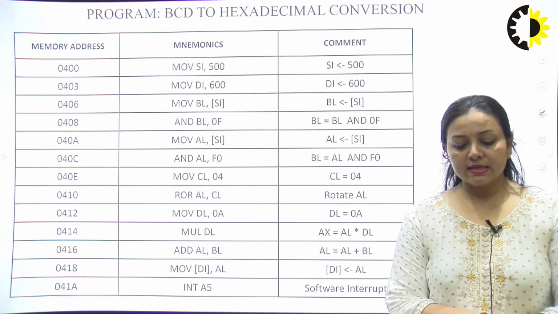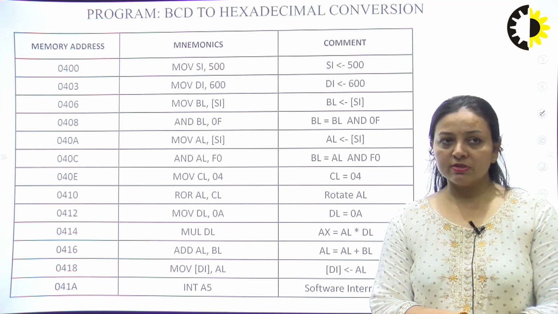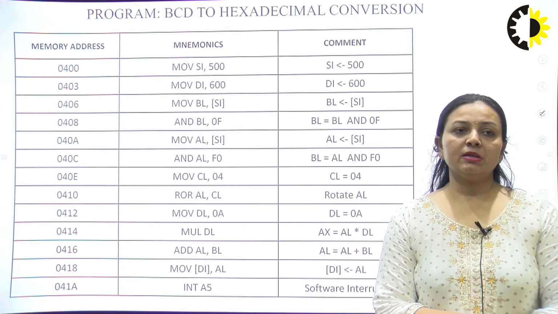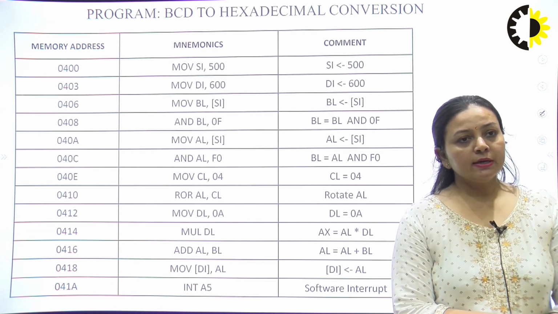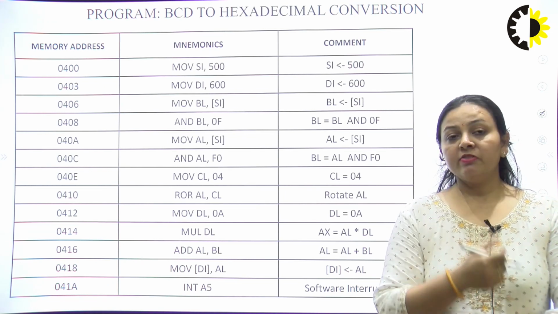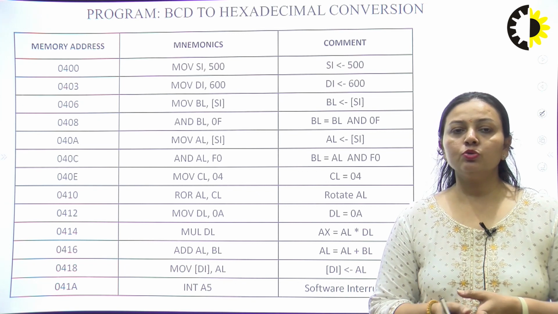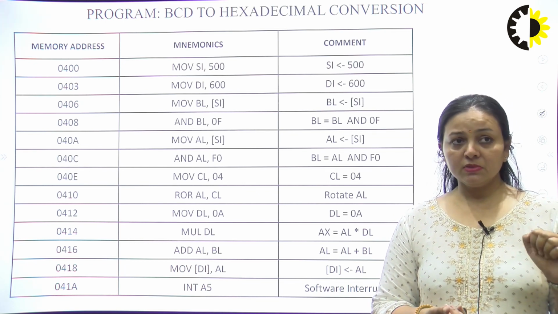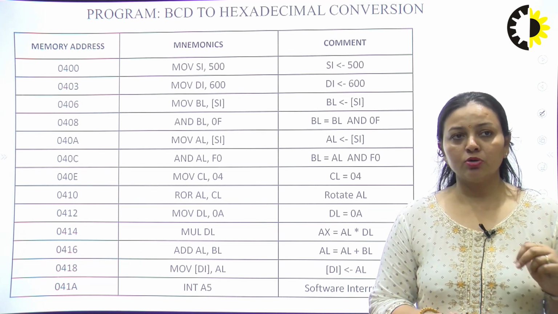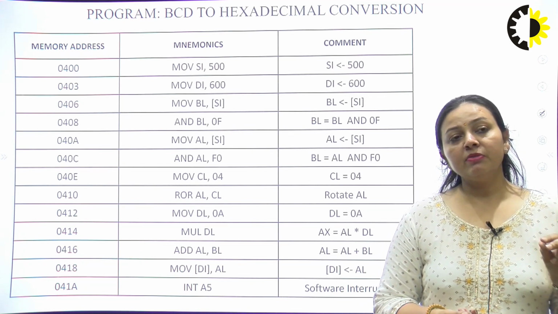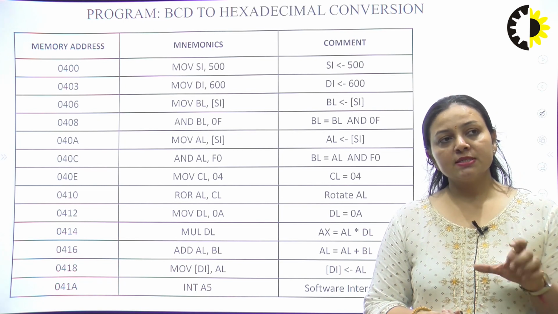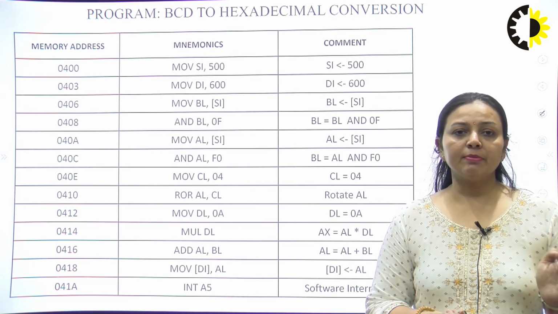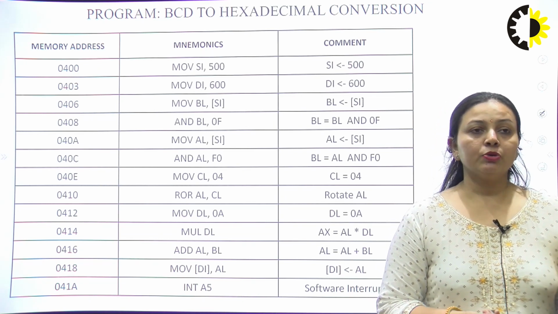I'll first take the example of BCD to hexadecimal conversion. That means I have a BCD number and I want to convert it to a hexadecimal number. How can I convert it? If I have a BCD number, I can first convert it to a binary number to verify whether the output is correct. Likewise, the hexadecimal number you get at the end can be converted back into binary. If both numbers match,